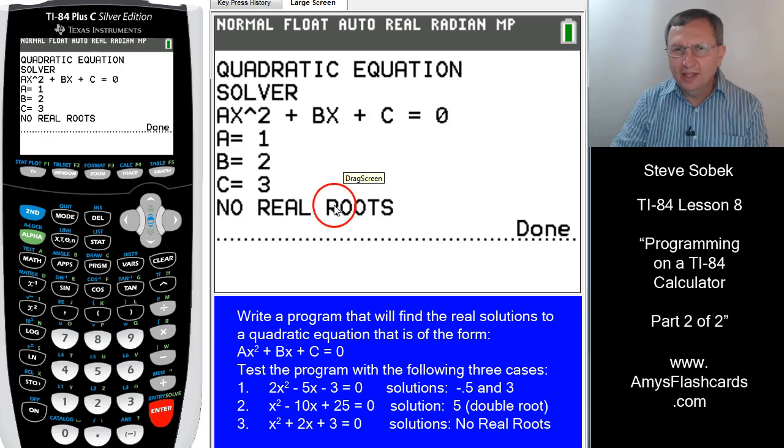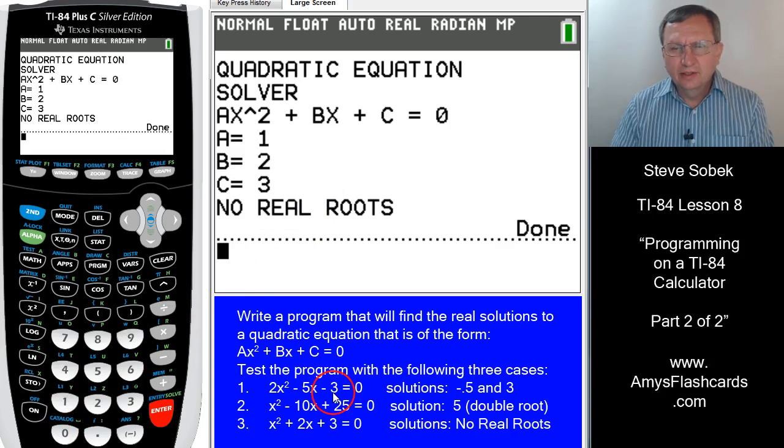It took a little bit of time to code that program in, but now quadratic equations can be knocked off lickety-split. That's pretty powerful, using programming to your advantage. All right, let me pause this. All right, in this video, the last thing I want to cover is how do you delete a program that